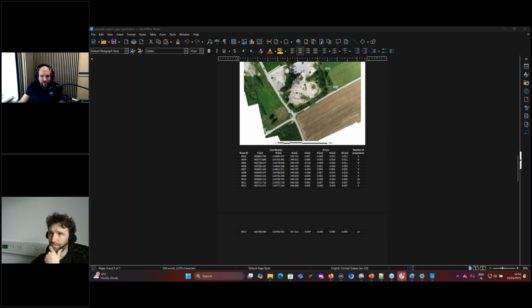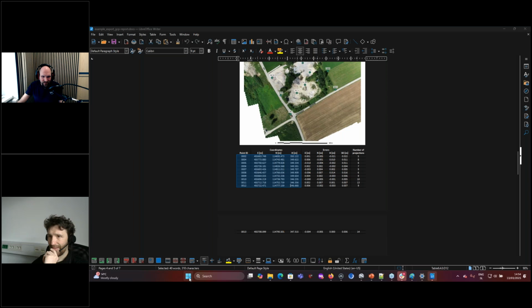If you scroll down, you will see the list of coordinates and the list of ground control point errors. So what I do then, the best way to export it, first step, go copy,